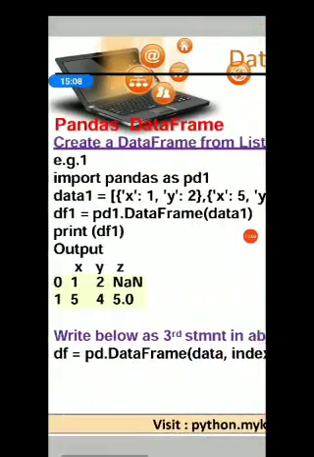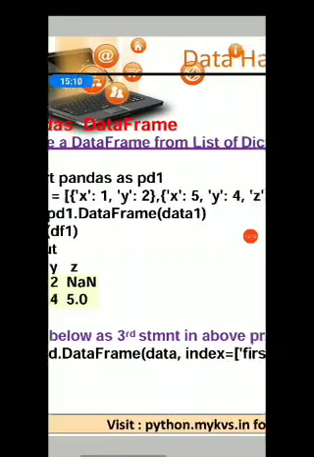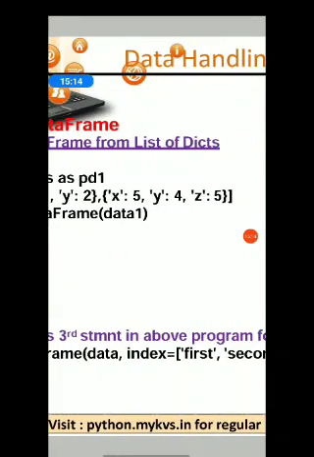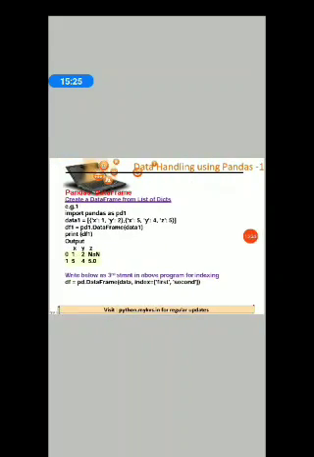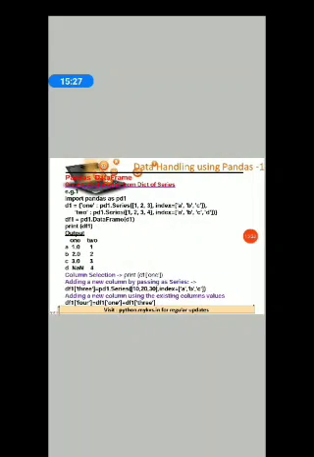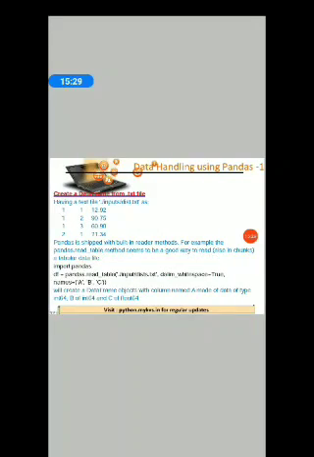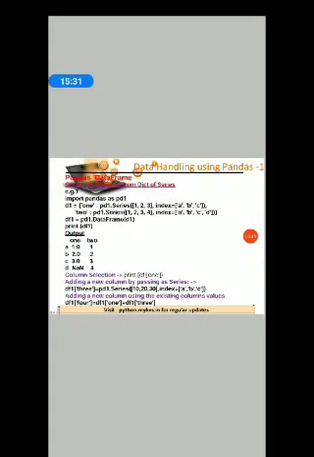Where you are framing the data frame, after the list name, you have to provide this index location. Please try it in the PyDroid editor. So this is creation of a data frame from a list of dictionaries, and then we have creation of a data frame from series. Okay, this series I'll show you in the next class. This much is enough for